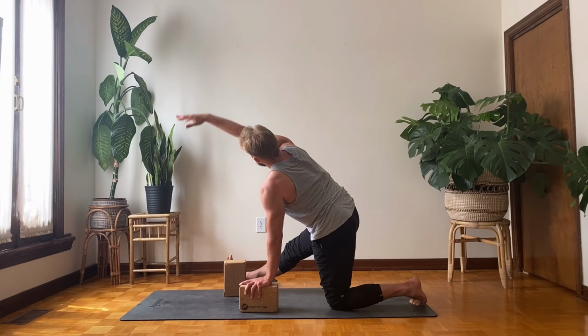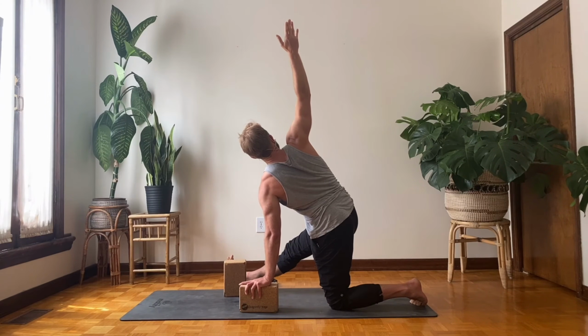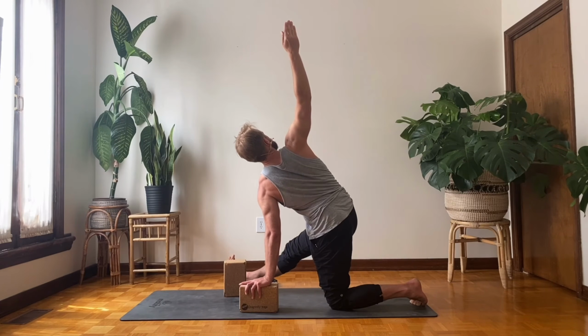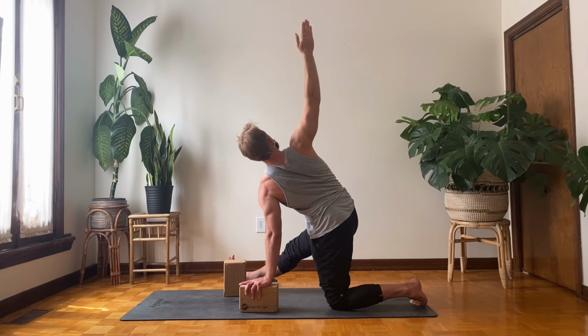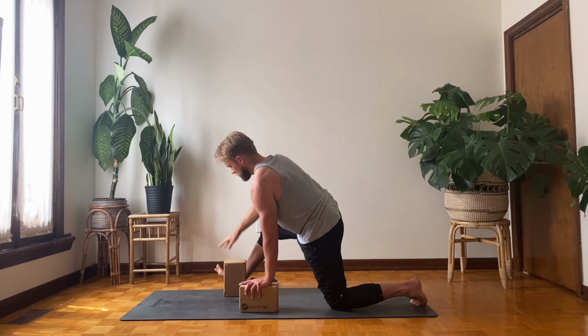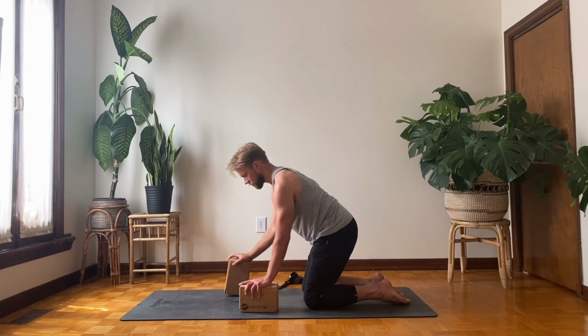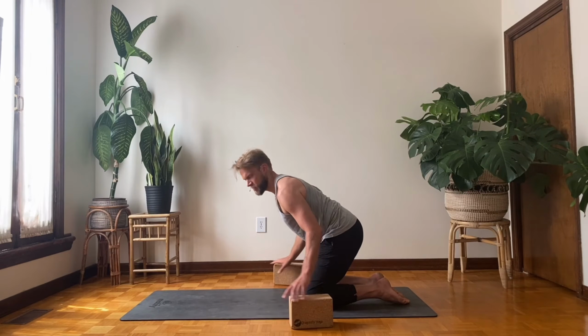And then pause, reaching the arm up to the sky. Take a few more breaths, engaging the left side of the core a little bit more. Keep pushing into the hand while drawing the left shoulder away from the ear. And as you exhale, bend your front knee, lower the hand, and come back to table position. Set the blocks off to the side, and then take the